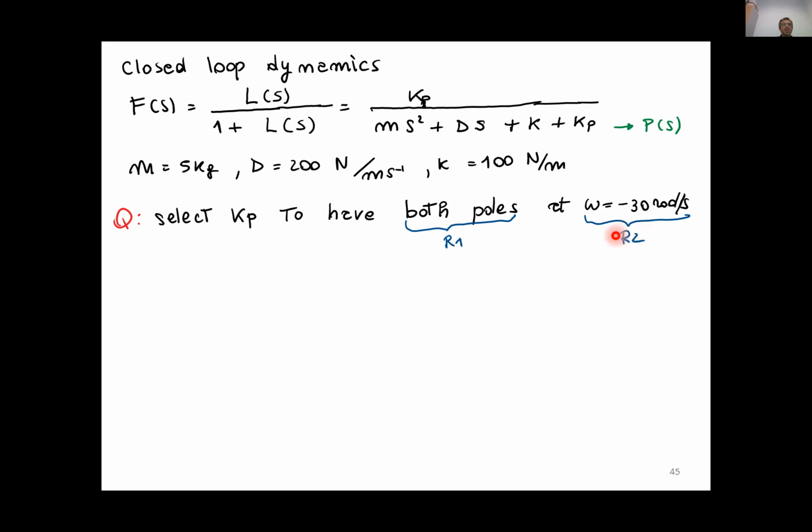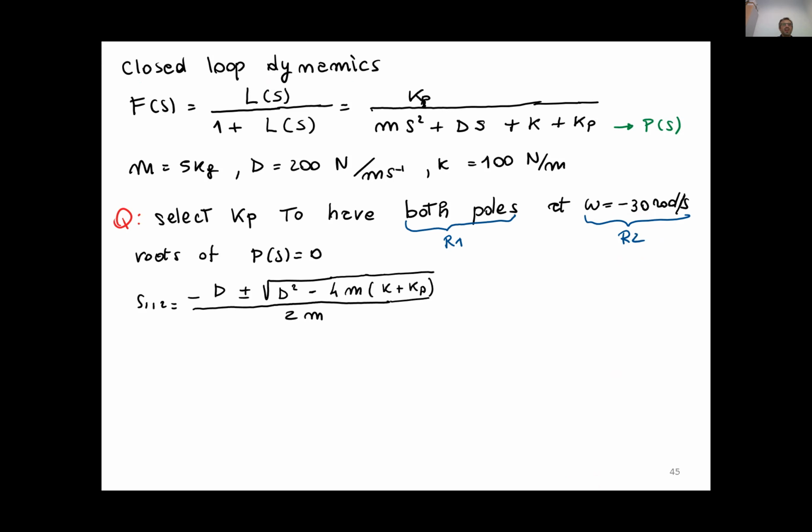a frequency of -30 rad per second. By -30 because we want them to be stable, so we want the poles to have a negative real part. The poles are the roots of the polynomial. We compute the roots of this polynomial,